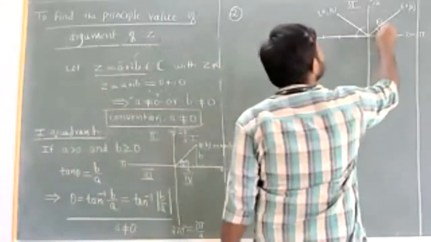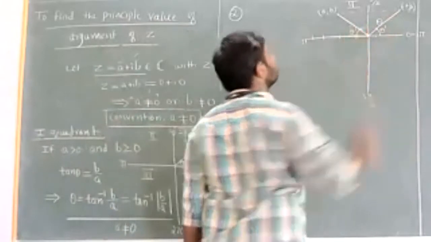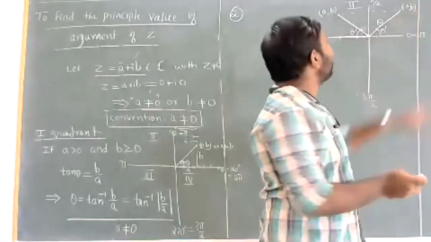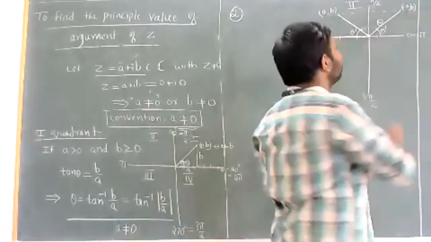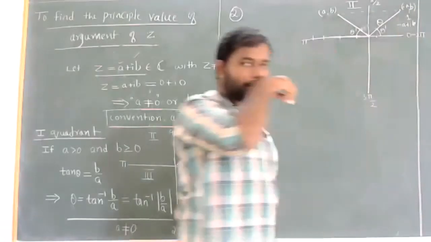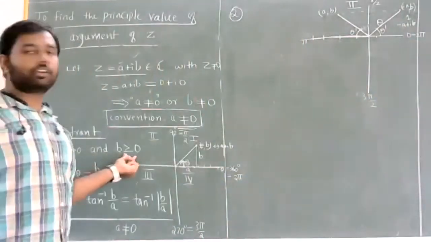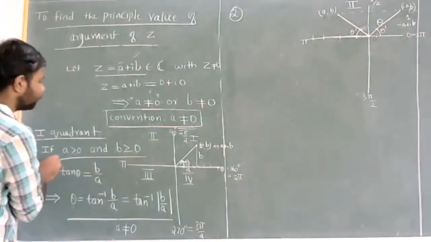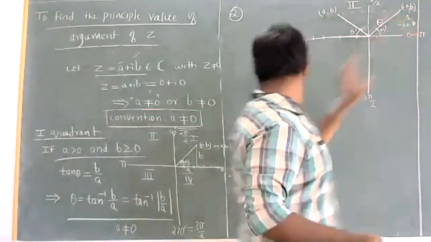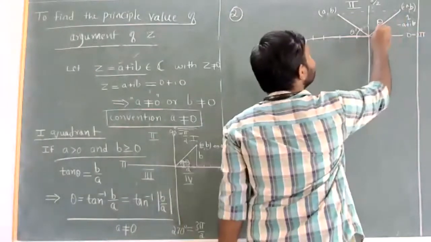Now take this as theta dash. So then it will be also theta dash. Now once again, minus a, b. I have an ordered pair, so I can associate this to the complex number minus a plus ib, where minus a is positive and b could be non-negative. That means I came to the first case. So I have a point in the first quadrant. Whenever we have a point in the first quadrant, I can find this angle.